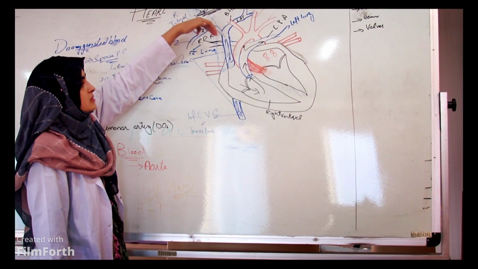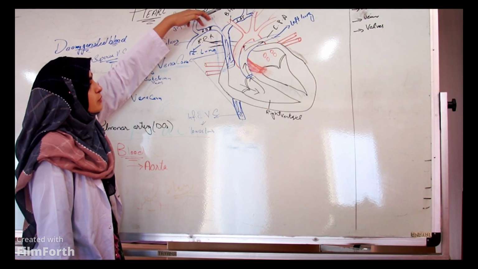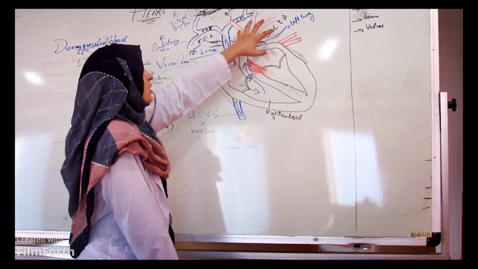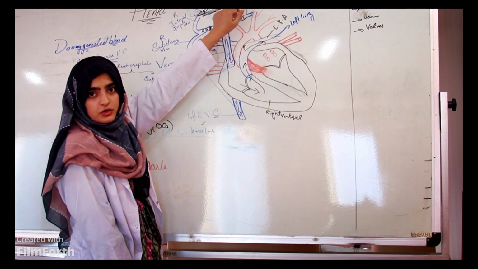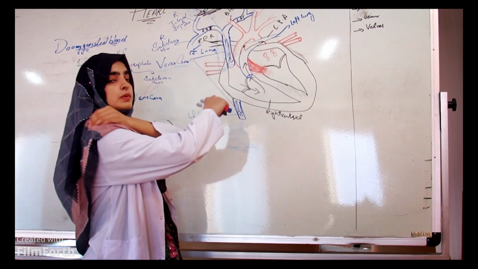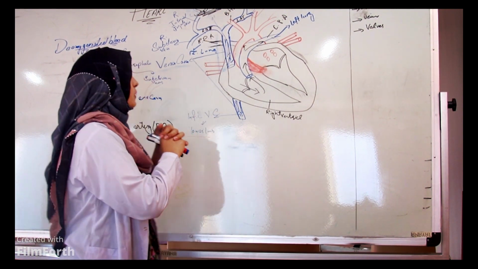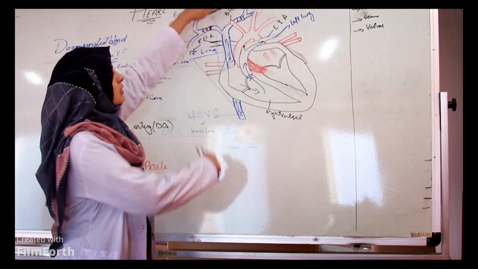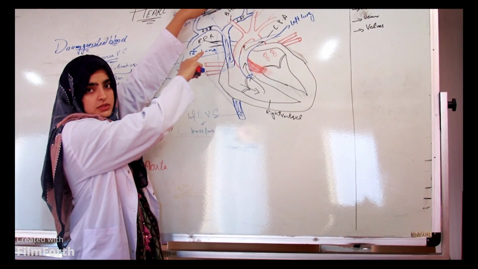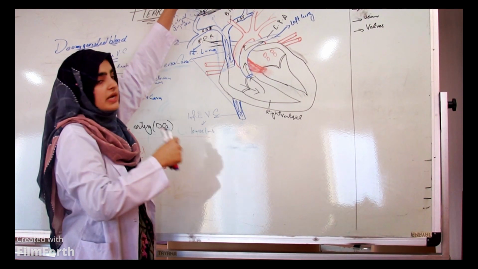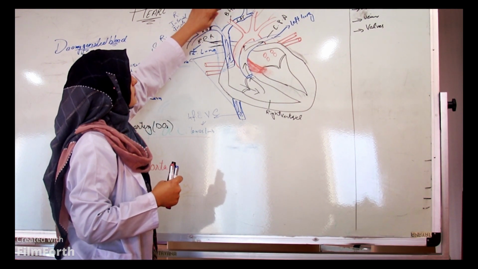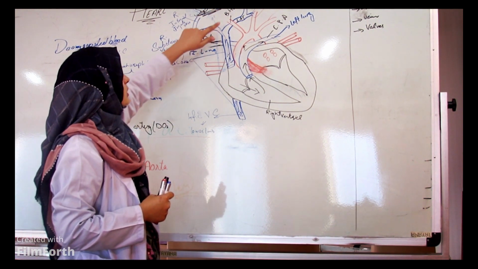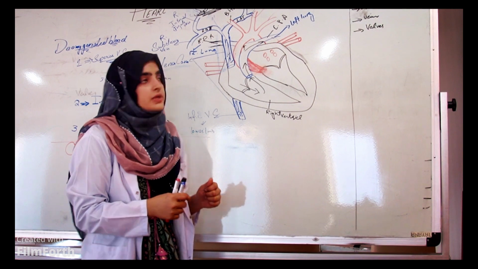Even in the venous system, on the right side of the heart, we have two brachiocephalic veins coming from the left and right side. But in the case of the arteries, we have only one brachiocephalic artery that goes from the aorta to the right side of the body. It further divides into a right carotid artery that gives blood to the right side of the head and neck, and also gives rise to the right subclavian artery that will circulate the blood into the right side of the arms.